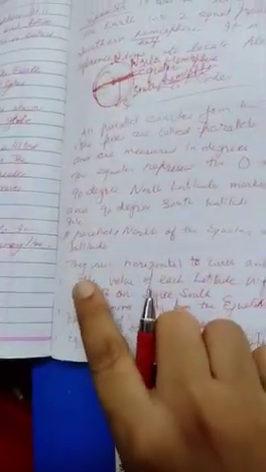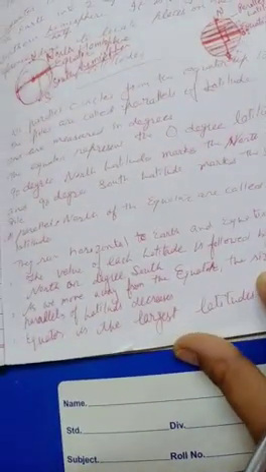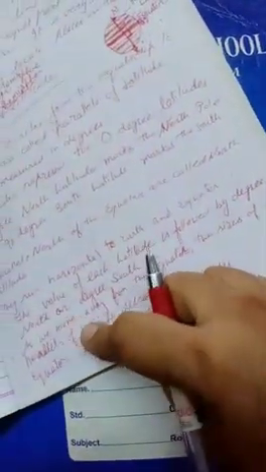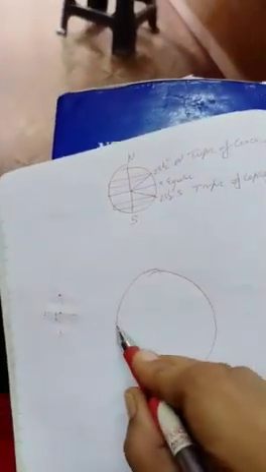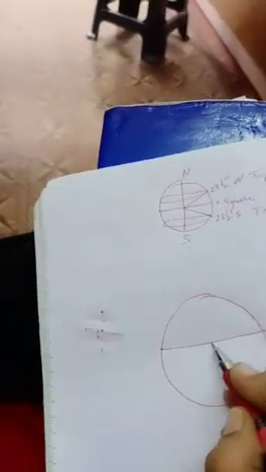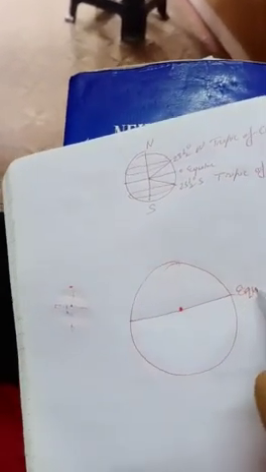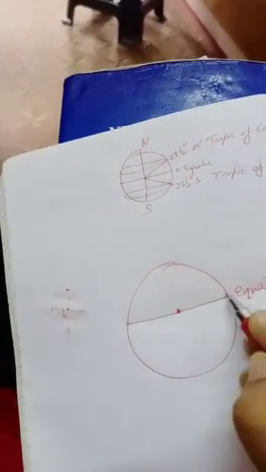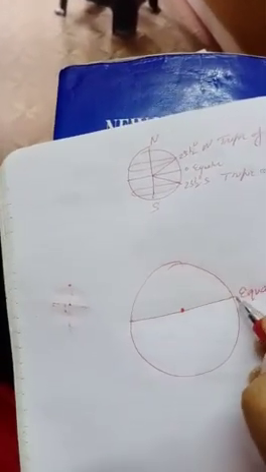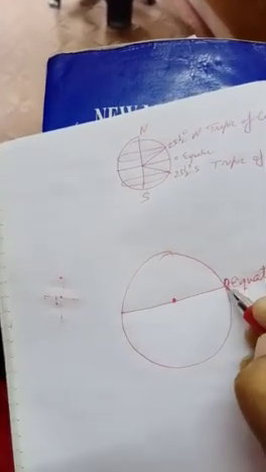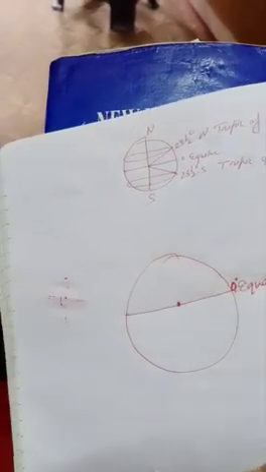Another thing, as we move away from the equator, the sizes of the parallels of latitude decrease. This I will show you through a diagram. See children, this is our earth and the line that passes through the center is the equator. Equator is also a latitude, but it is the longest latitude and its value is 0 degree.